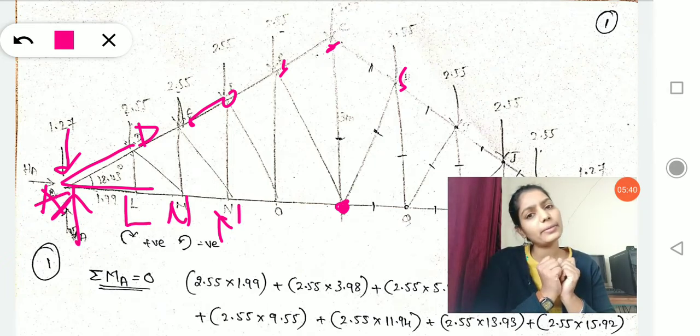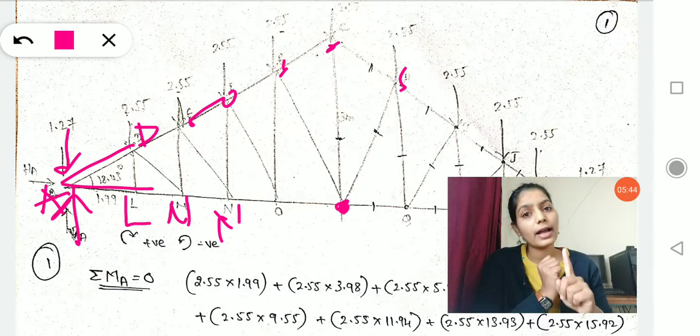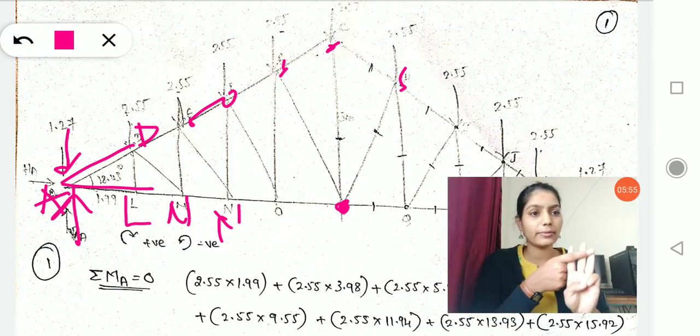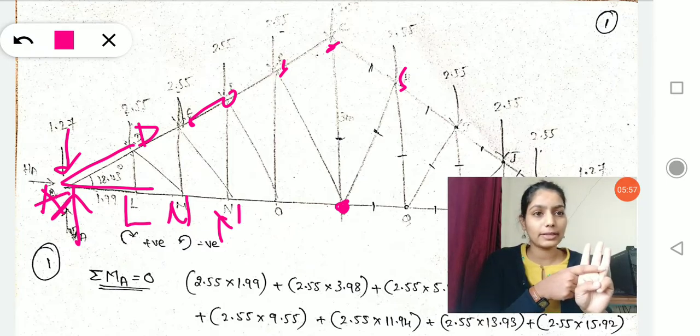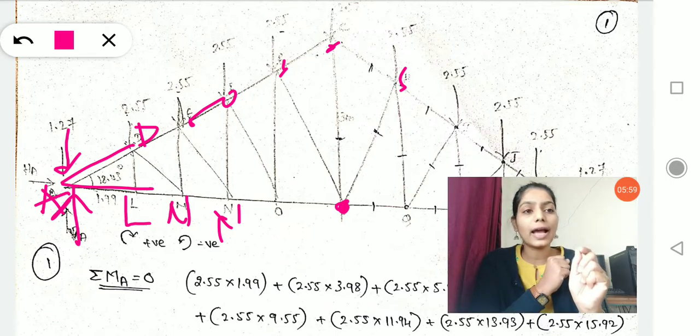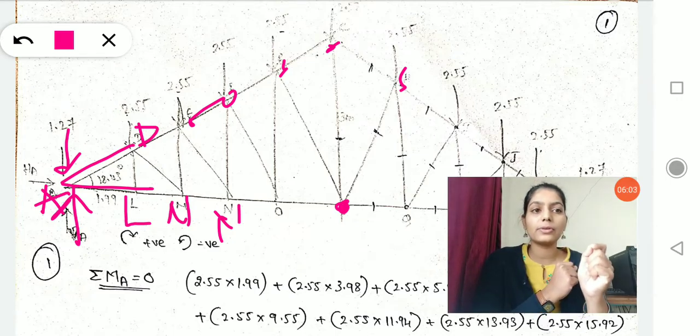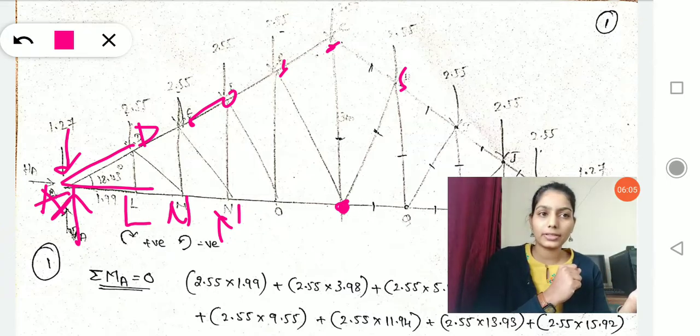What do you mean by minimum number of unknowns? The joint at which there will be a number of unknowns less than or equal to 2. Why less than or equal to 2? Because you have only 3 equilibrium equations. How many equilibrium equations do you have? 3 equilibrium equations. Out of that, the moment equation, summation of moment equals to 0 at a particular point,